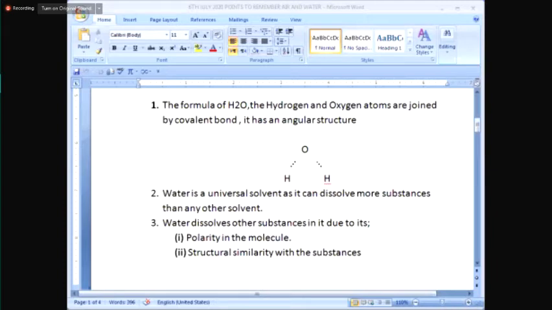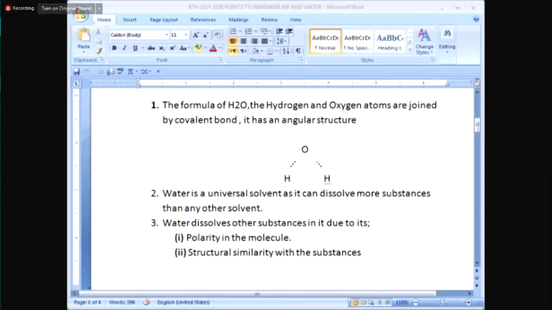It's angular, and the bond angle, if I'm correct, if I'm not mixing it with ammonia, it's 109 or 104. So please check from the textbook. That's why I have not written it in my notes also, because it just flicked out of my mind and I didn't open the textbook because I was mixing it with ammonia. You know, it's human error. So please check it, but it's angular. It's not a linear structure. So this is the basic information you should have about water when it comes in front of you, its formula or its name.